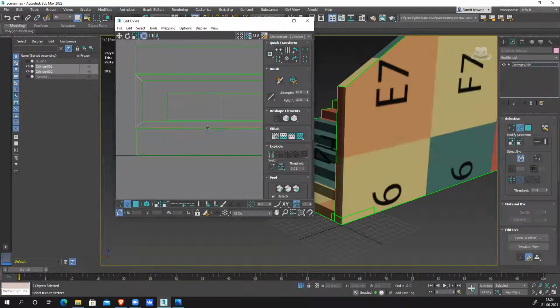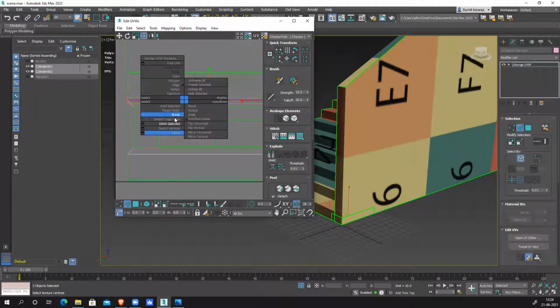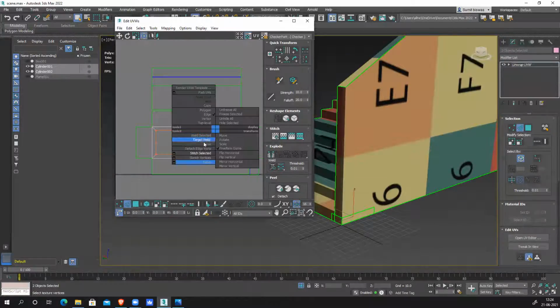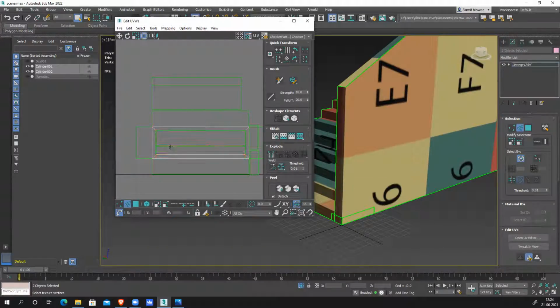Unwrap this thing nicely. This thing is correct, and this center part is not visible. So what I'll do is I'll select this, stitch it together only.